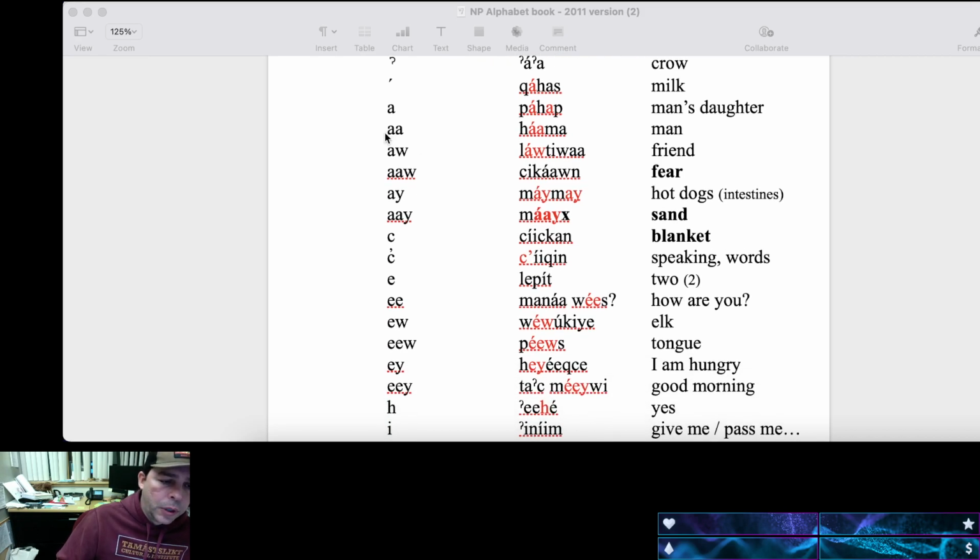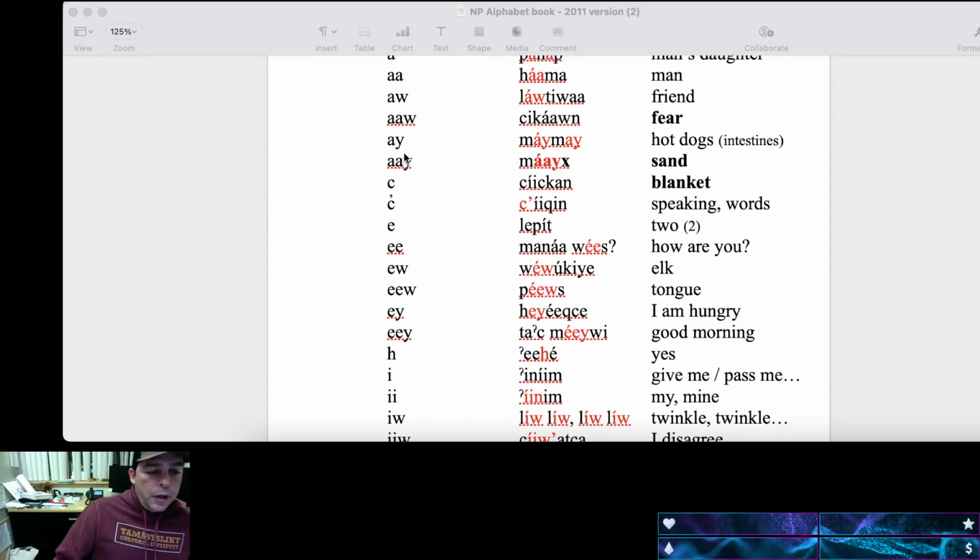Again, you guys should be working on the differences between the sounds of your vowels. So the A is going to sound like the A in father, so it's always going to be ah. And then it can get longer, ah, so the difference between pa and ham, you're holding on to that A sound just a little bit longer.